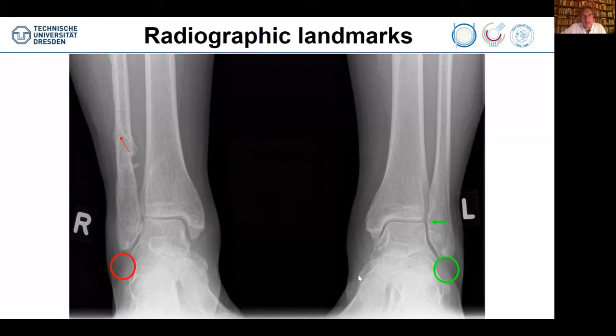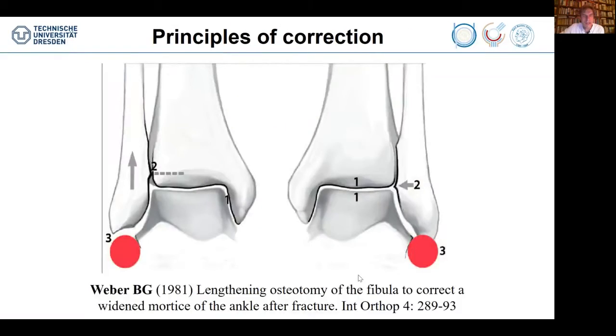Here you see the radiological landmarks. You see Weber's circle that is not hit by the tip of the fibula, which means the fibula is too short. You cannot always see the Shenton line of the ankle after a fracture, but the length can be easily seen, and you can see how the talus is slightly shifting laterally and is tilting. And you can also see that the syndesmotic clear space is a bit wide. So there is like a secondary syndesmotic insufficiency in those cases.